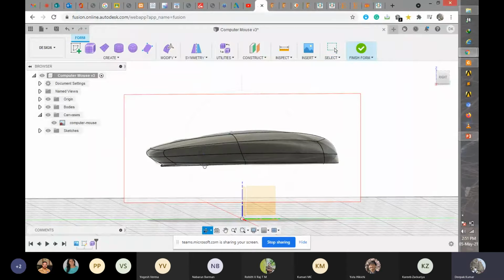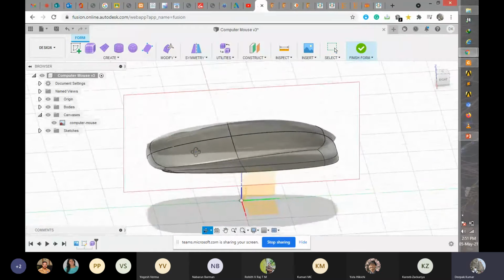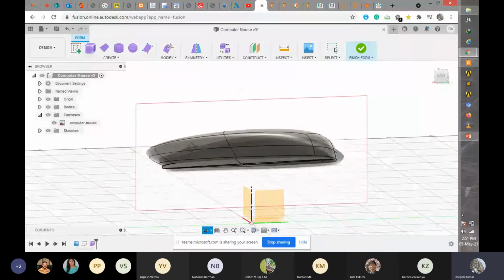For creating this model, initially I selected one edge of this picture. Then I created one edge line, and starting from that edge I created one box using that command.